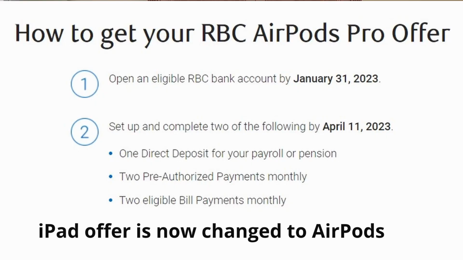So say for example, I opened a bank account in RBC, so I got an iPad because of that. There are a few criteria which need to be fulfilled, like your account should be linked for your salary, and you should be paying your mobile bills, auto debit and all those things. That kind of information you can find on any bank's website, or you can reach out to the bank physically and find out more about it.